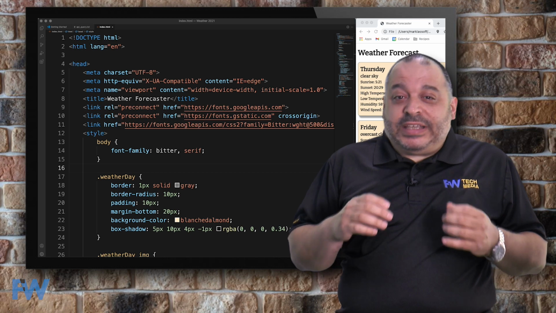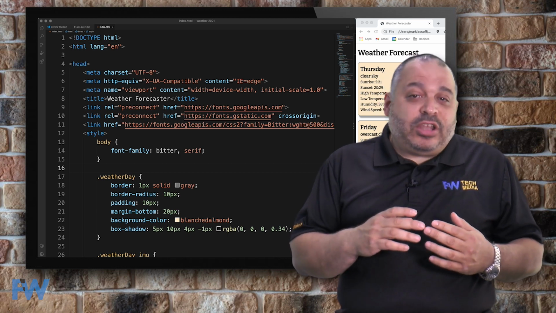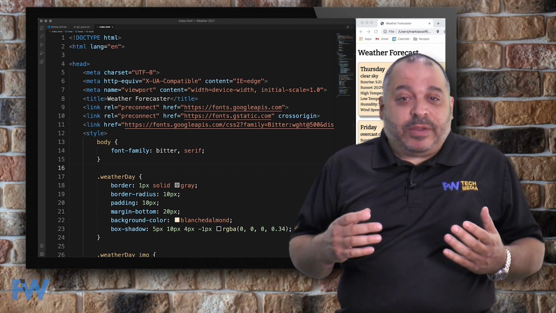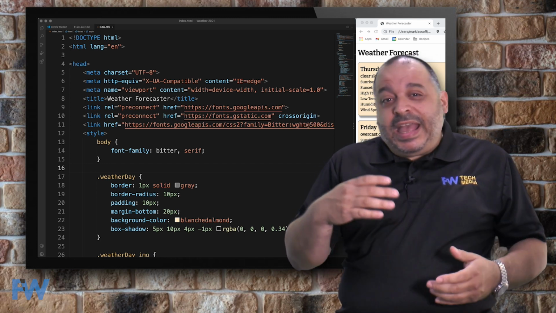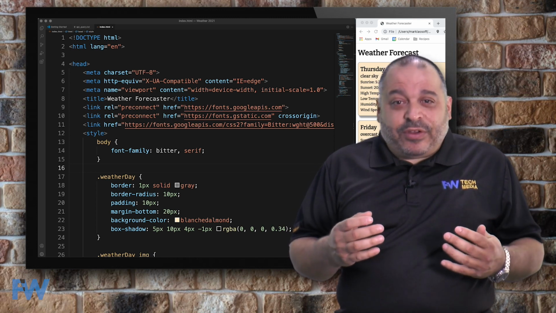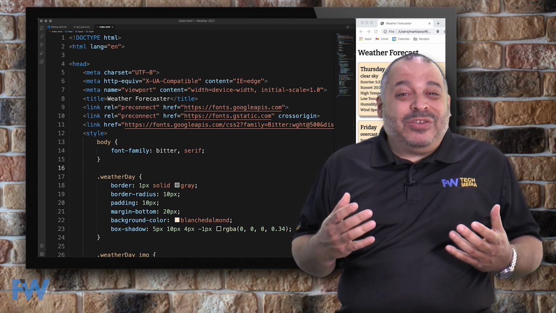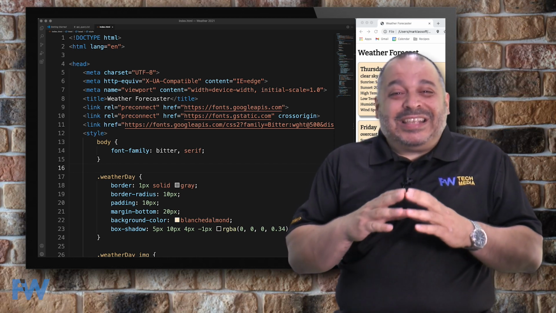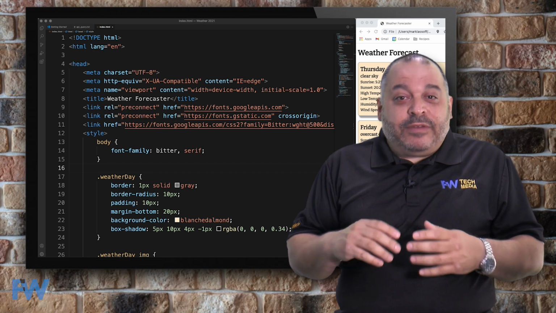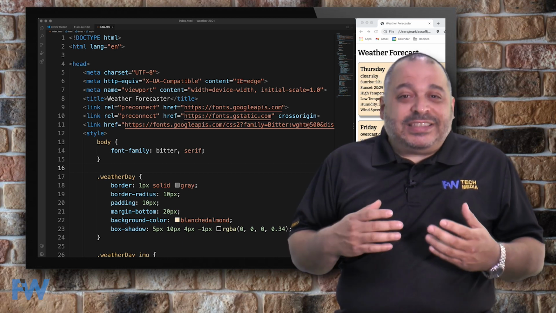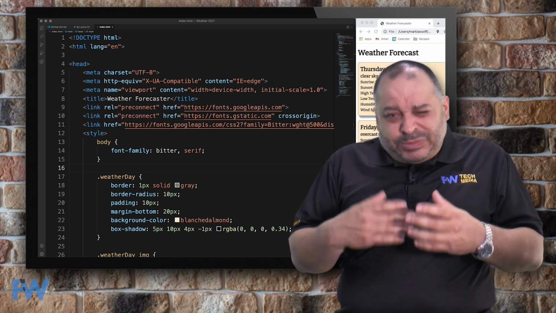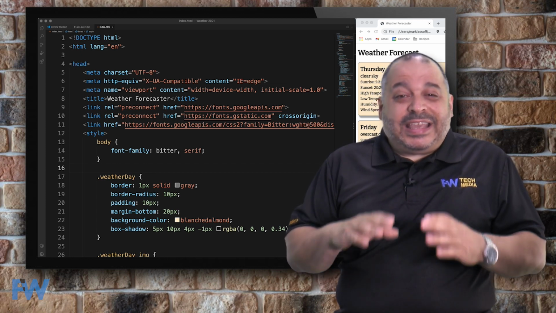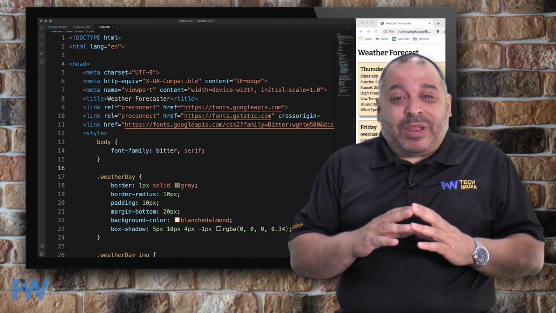Today, we're going to build an entire project in HTML, CSS, and JavaScript. This is a great project if you've learned the fundamentals of JavaScript and are looking to fit the pieces together into something that actually does something useful. Our project is a weather forecast app. It'll give you the weather forecast for the next 7 days. It's a pretty cool application. I think you're going to enjoy it. And it's pretty easy to understand how it works, even if you're fairly new to JavaScript.